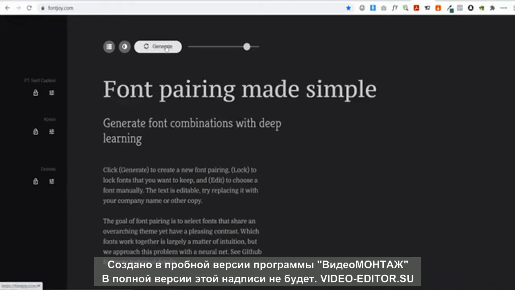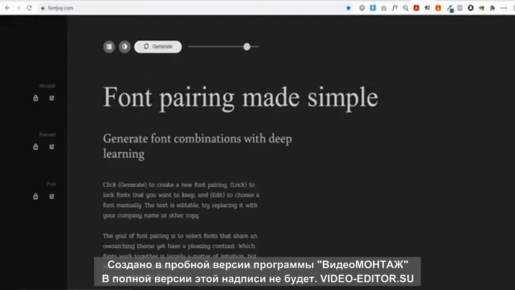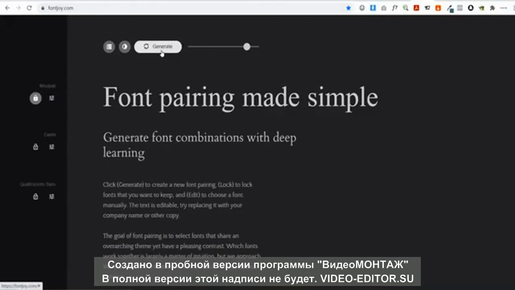Then once you generate some fonts, let's just hit generate again. You can always lock a font if you like it. So let's say we like this font. Once again we can lock the font and then generate other fonts. Now you only really want to use 2 fonts on your site, not 3. So just have a look at 2 fonts that you think go well together and match the branding